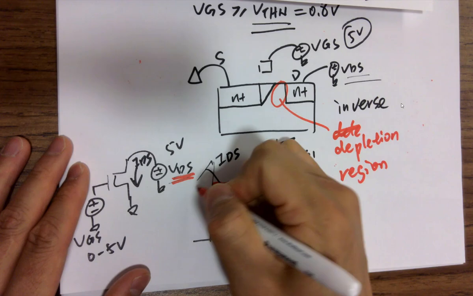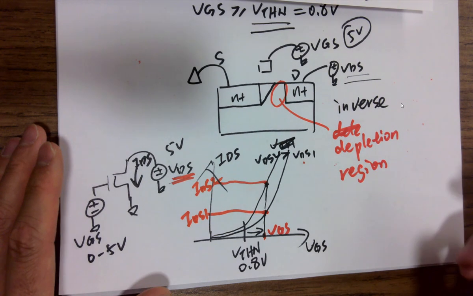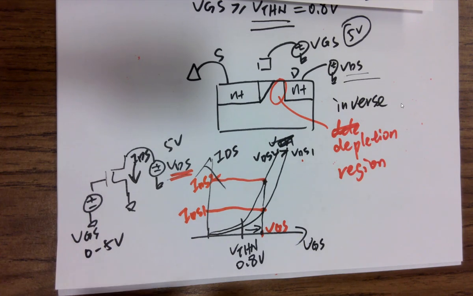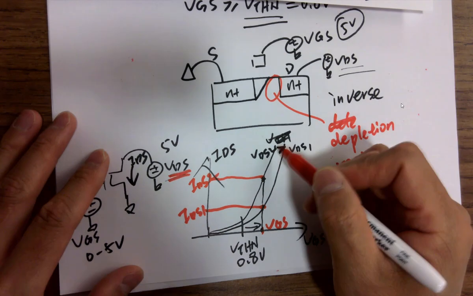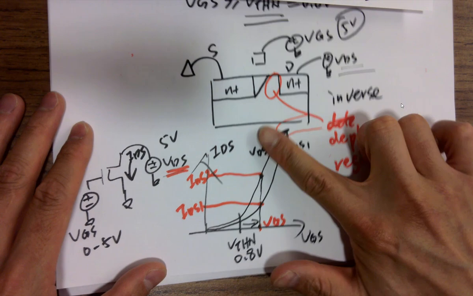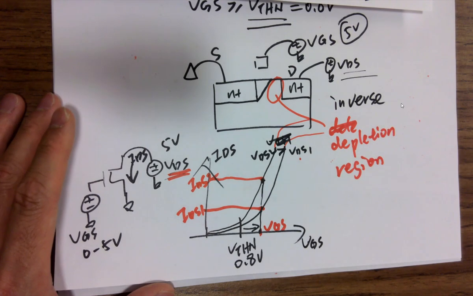Okay, this is IDS2, this is IDS1. Wait, wouldn't those eventually flatten out? No, it keeps increasing. Oh, it will eventually, yeah. But we don't really look at that part. It's probably close to getting damaged. Yeah, we just look at the